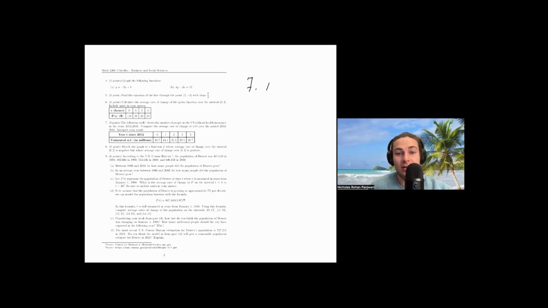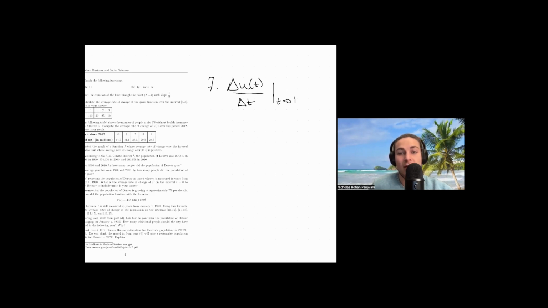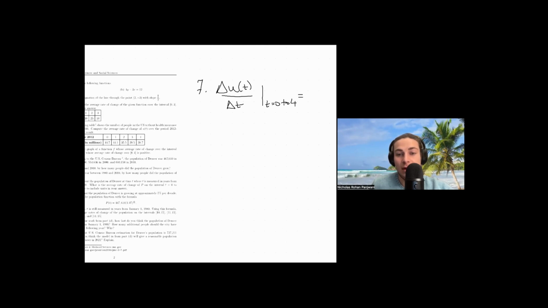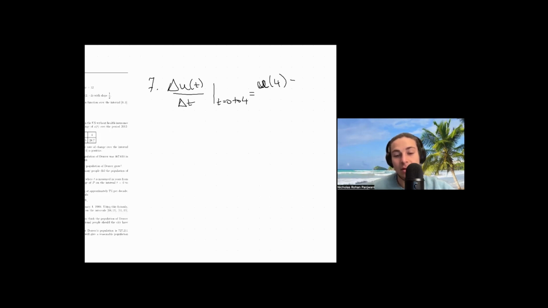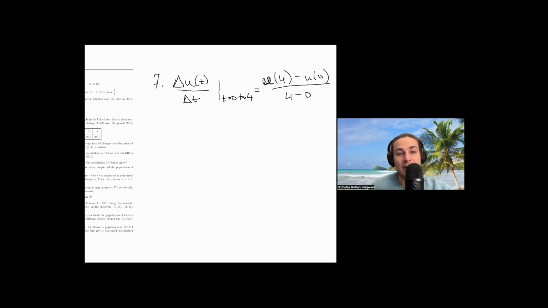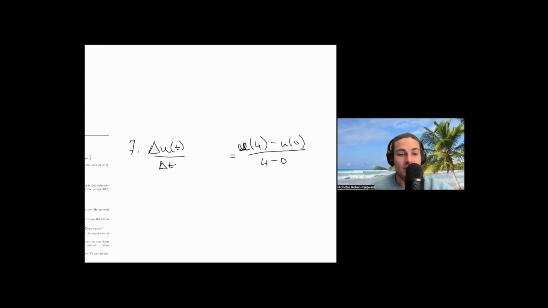So we can have delta U of T over delta T, from T equals 0 to 4, equals U of 4 minus U of 0 over 4 minus 0. I put the T from 0 to 4 just to be super specific here, but if you're just solving this, you can just say delta U over delta T, and that's plenty. All right, so I'm going to move that there. Okay, so that's equal to